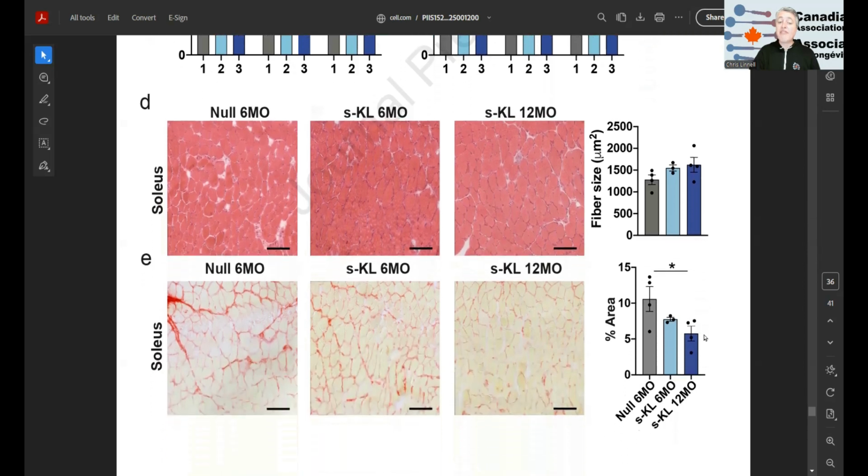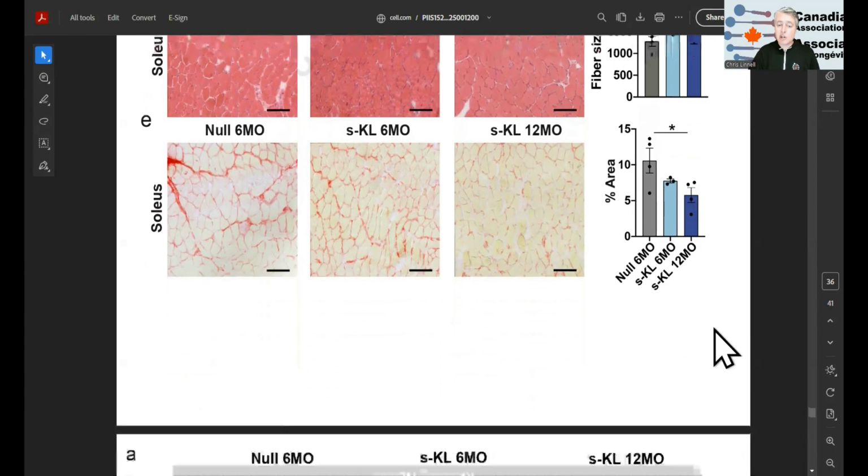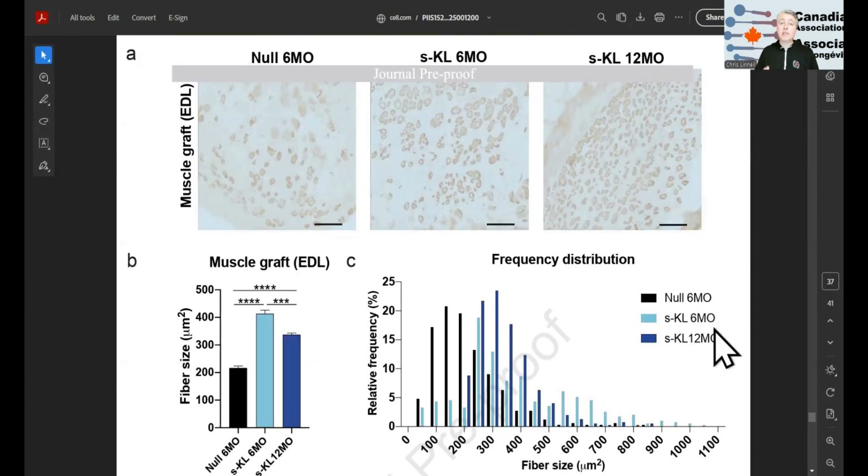However, looking at fibrosis, denoted by the red staining in these cross sections here, for the 12-month-old mice, there was a significant reduction in fibrosis. Next, they looked at muscle regeneration. And they took a muscle tissue sample from 24-month mice and grafted them into 3-month-old mice, which have much greater regenerative potential. And you can see a cross-section of those muscle grafts here at the top, and the eyeball test